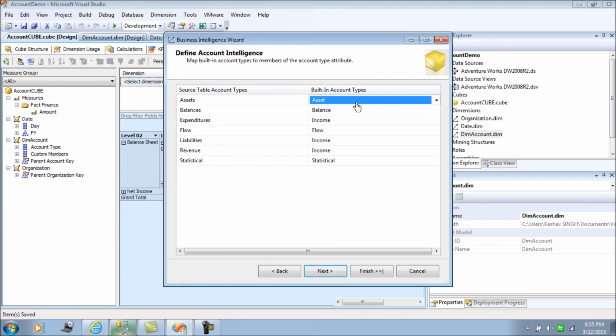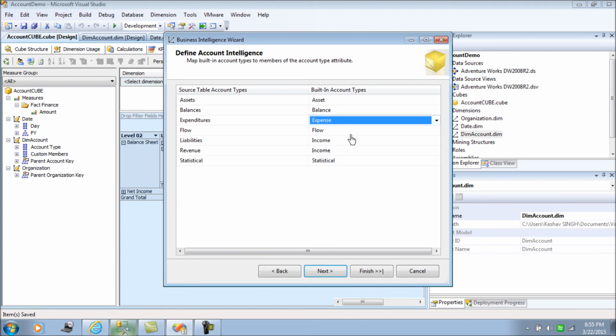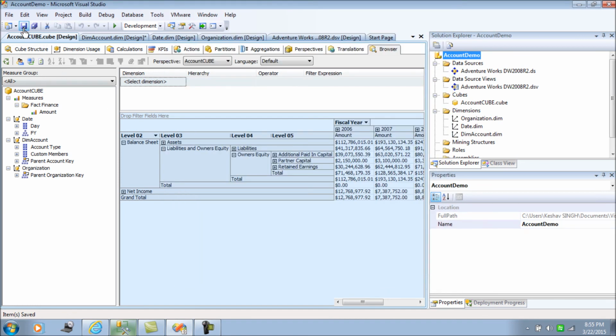So we say assets, balance, expenditures, maybe we can call it expenses. Let's call it expense, and flow is fine. Liabilities, that's not income, that's liability for me. Revenue would be income, and then statistical. So these are the built-in account types, the various account types in the table, and then I map them up and say finish.